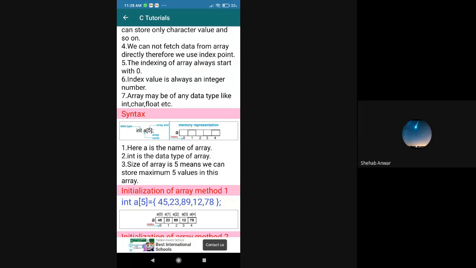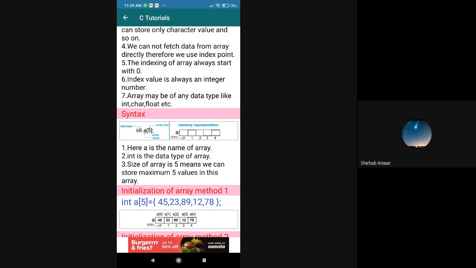So when I declare int a of 5, automatically the system will take care. It will make 5 blocks, and each block will have the address 0, 1, 2, 3, 4. So if I say a of 1, it is the second position. If I say a of 3, it is in the fourth position. If I say a of 4, it is the fifth position. Like that, we are going to get the value that has been stored in that particular place.